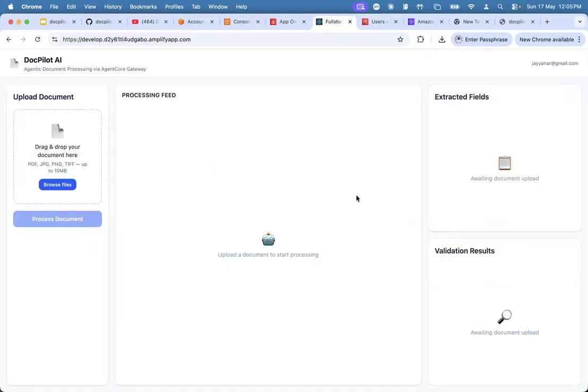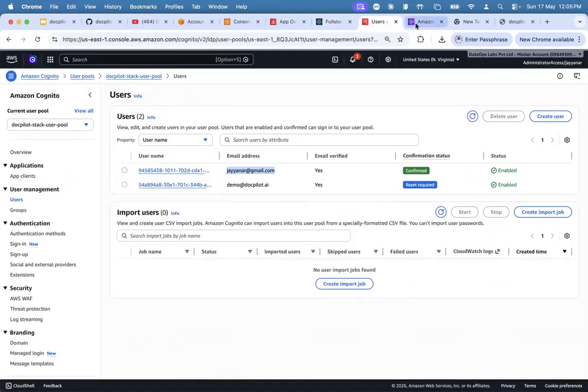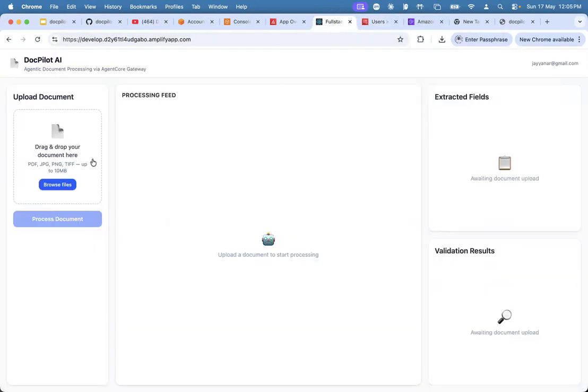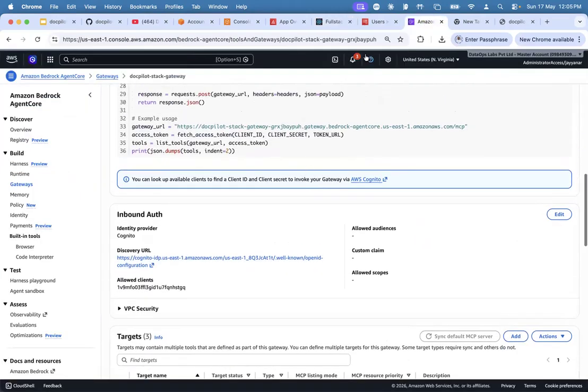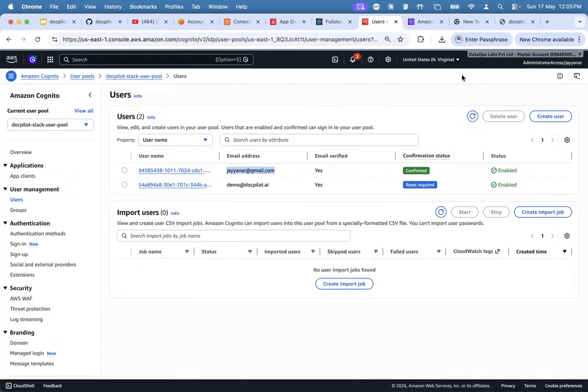Ping me. I can give you access, but I'm not giving wide access because it is using an LLM and I don't want to burn down the tokens. Okay, so this is the UI we are using, a small React.js UI. And as I showed you for logging in, we are using Cognito.